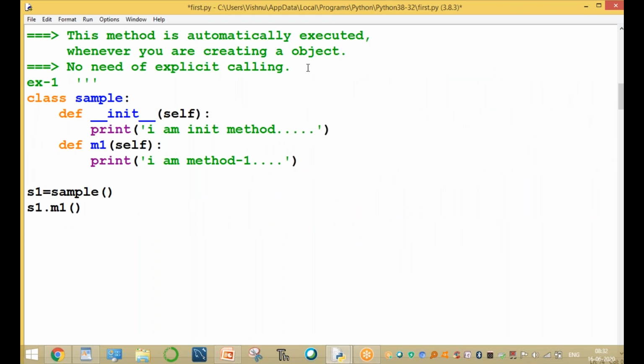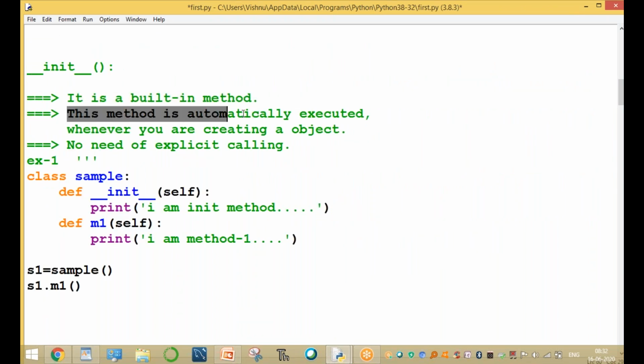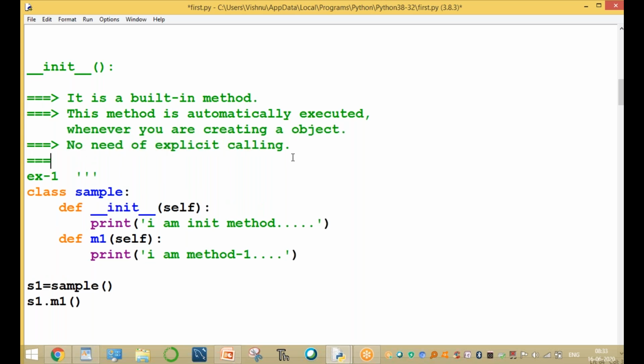Clear? About the INIT method, three points are made. It is a built-in method. This method is automatically executed whenever you create an object. No need for explicit calling. Sir, what is the use of this method? The main purpose of the INIT method is to initialize.